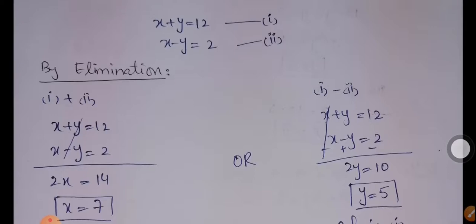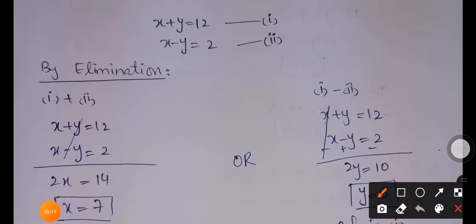So here we have the elimination method. In the elimination method, we simply eliminate, or cancel out, one variable. It's your choice whether you want to eliminate x or y, but we are just dealing with the simplest case right now, where the coefficients are the same. The first thing, when we want to eliminate any variable, is that the variable in both equations must have the same coefficient. If the coefficients are not the same, then we have to make them the same by multiplying or dividing the equation by some constant number. But right now the coefficients are the same.